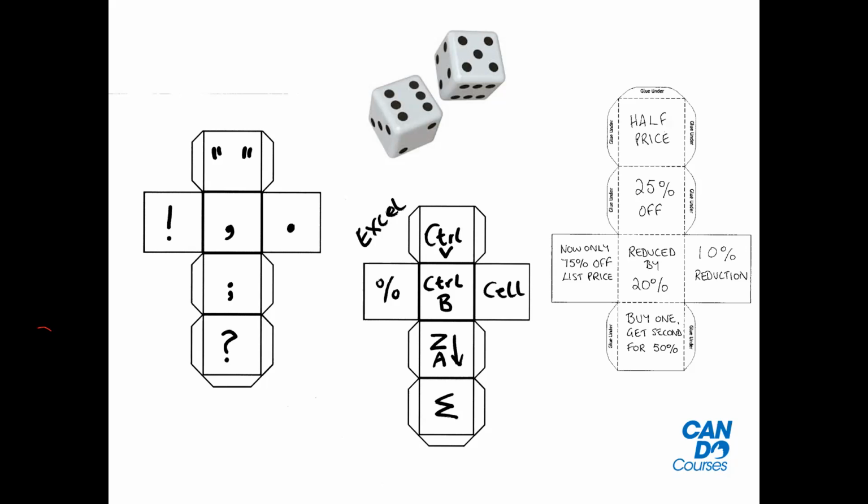You could find out what your pupils already know about the new part of the session you're going to do. It's a really adaptable prop, and you can make them individual to your age group as well. So the one I've got here, the Control V, that would be like, okay, this is a combination keystroke. What will it do if you press those two keys together? And what you do is put your students in groups. You'd make the cube, and then someone would roll it, and whatever comes up on the top, that person has